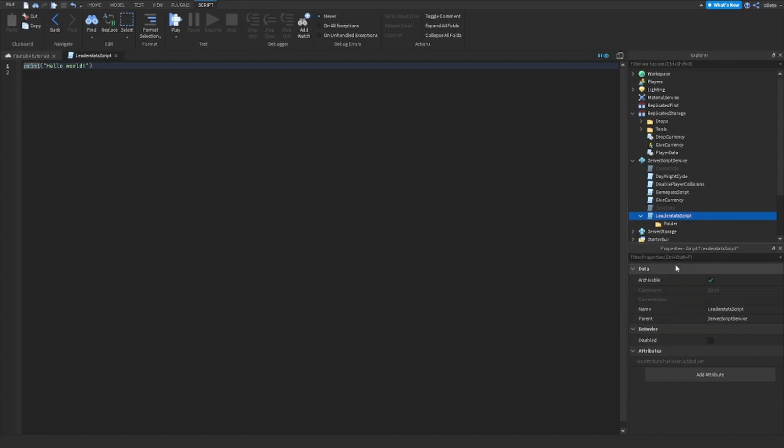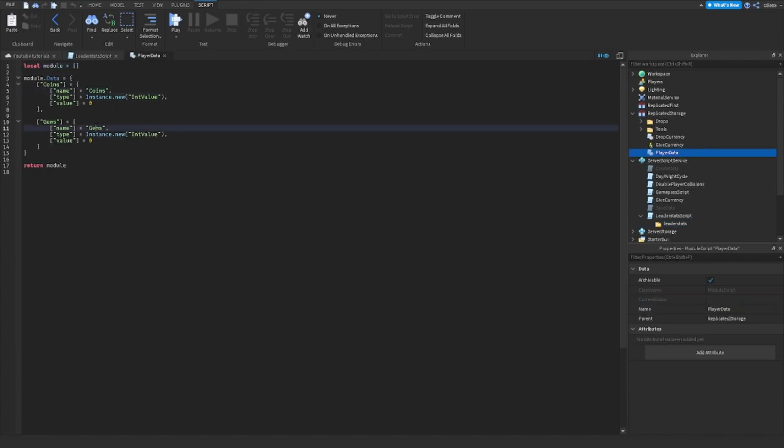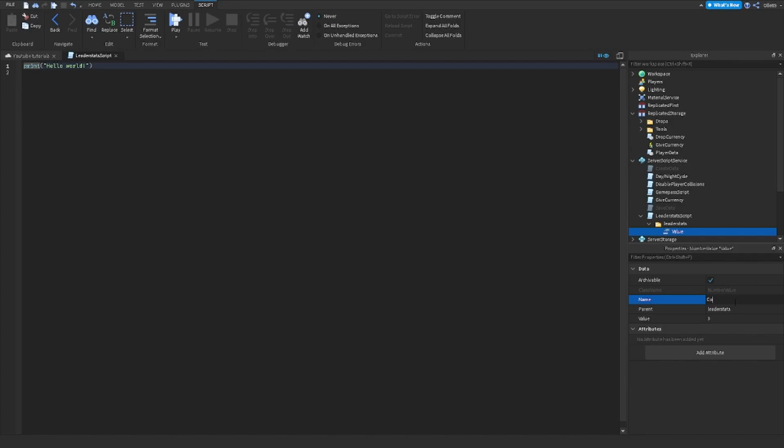Inside, create a folder. This folder will be the name of your data folder, so in my case leaderstats, and then inside you want to create the values you want, and we had coins and gems last time, so I will create that. So what we can do is create a number value. Coins, duplicate, and we will do gems,